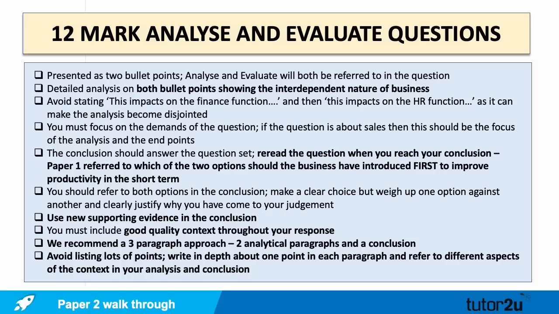So if it's a similar type of question, just reread it to make sure you're addressing all the different elements that are focused on in that question. In your conclusion, it's a really important paragraph. You should refer to both options. So make a clear choice, but weigh up one option against another and clearly justify why you've come to your conclusion, or that judgment. So the AGM acronym that I went through earlier, so answer the question, justify with new